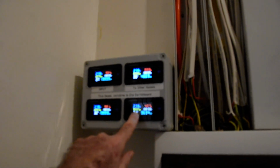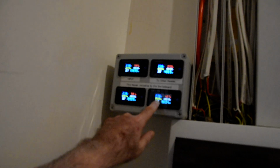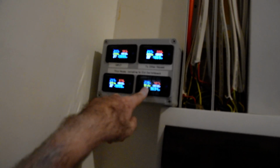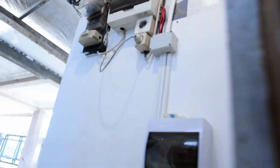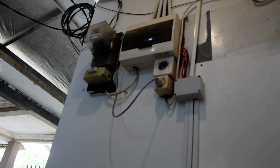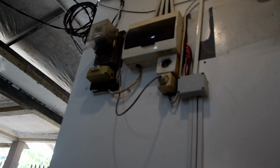This number here is the consumption by that old switchboard, or through that old switchboard. So it's 953 watts currently. That old switchboard, the 4th breaker on that, powers the pumps for the tank here, and also used to power